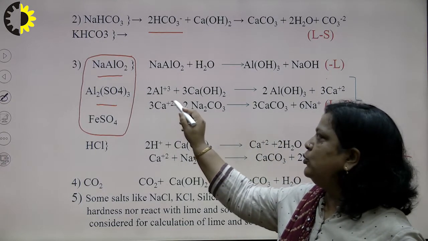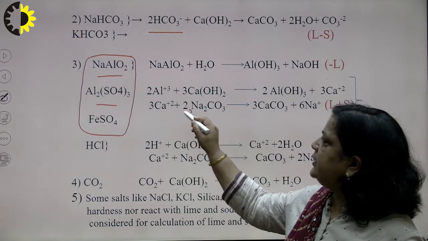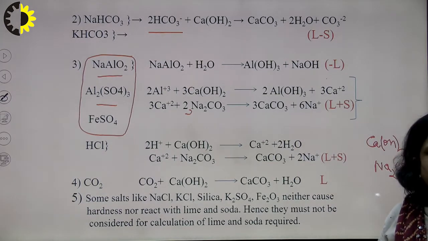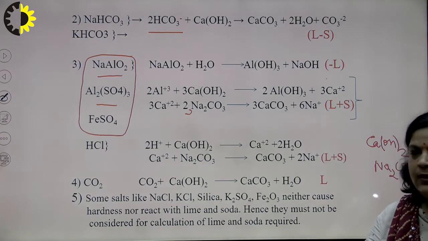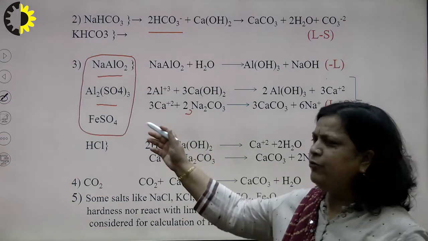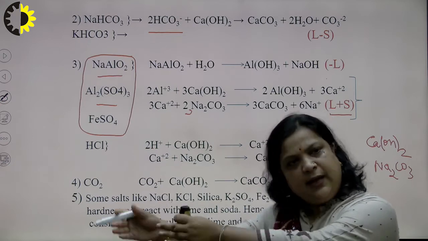Here 3, 2, 6. Here this reaction is 3. So, 6, so LS. So, what is the point? Except sodium aluminate, for all coagulants, what is the requirement? L plus S. Same FeSO4 we can write, first ferrous hydroxide is formed with calcium, and then to remove this